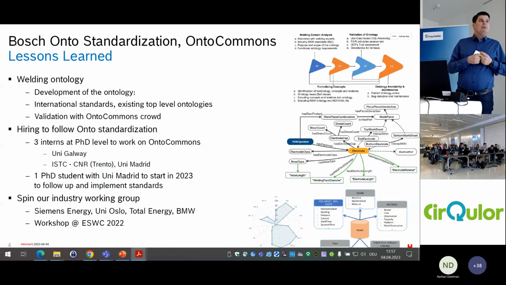We've been doing it with one intern from Galway, and now we are also discussing. We're expecting a couple of interns to come from Trento and Madrid, from the OntoCommons family, to continue this work. And we are also hiring a PhD student. We were looking at the time when it would be the best to start the PhD student, but we are looking that for us, OntoCommons is not,